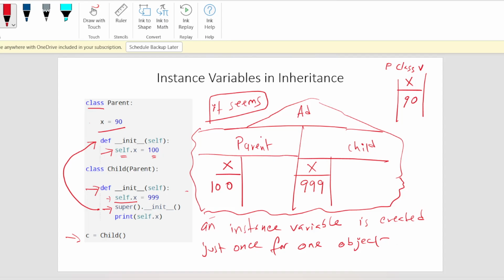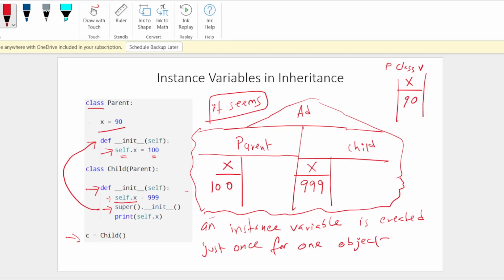Inside the child class's object, there are two portions, a parent portion and a child portion. Inside the child constructor, an instance variable is created with the name x and the value 999. And when I jump to the parent portion's constructor, I see that there is self.x equals 100. In this line,